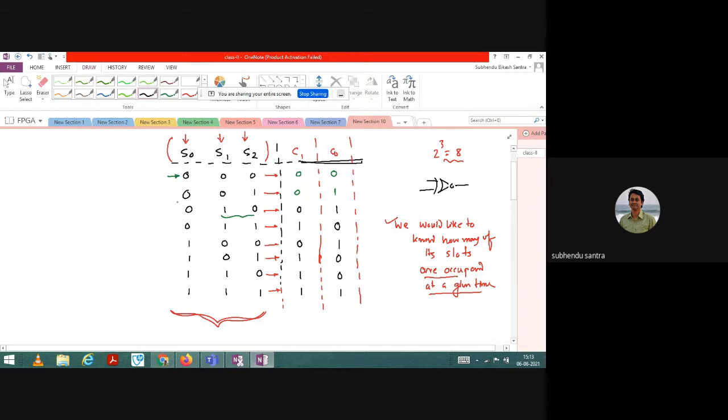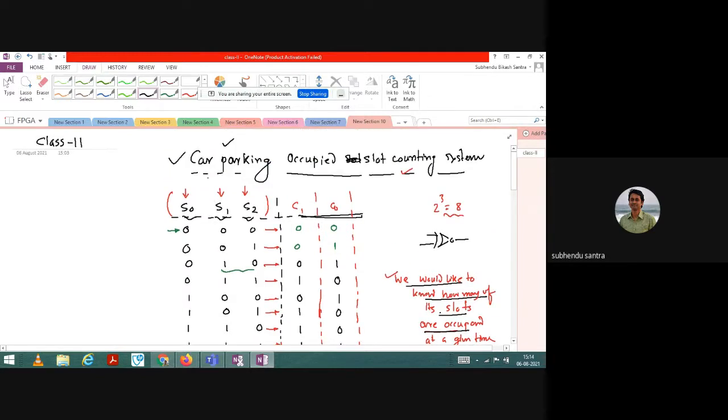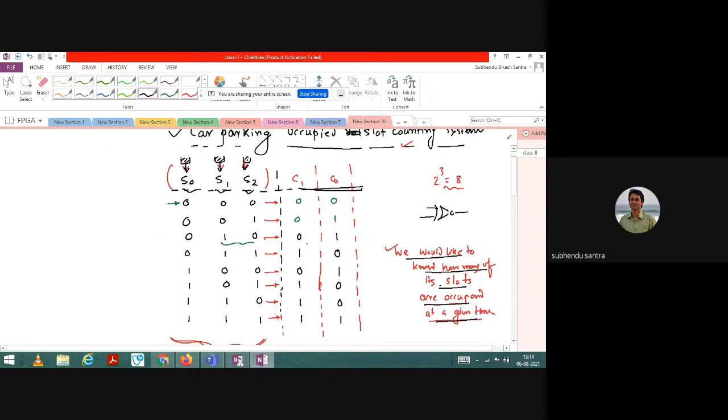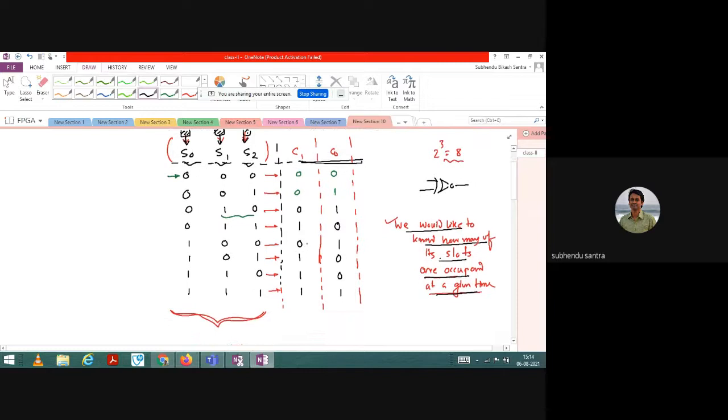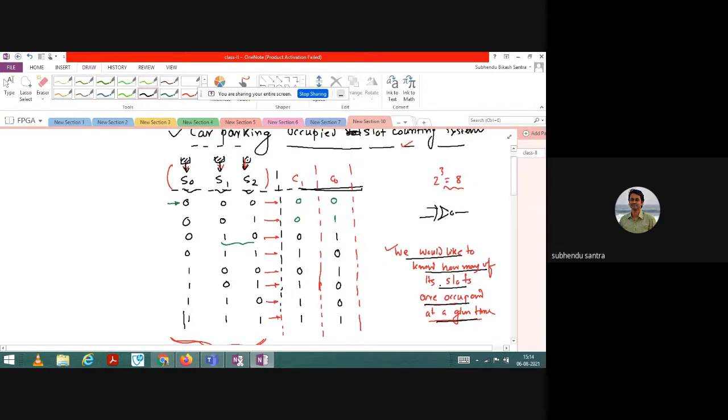So based on what I have to do, we would like to know how many slots are occupied at a given time. If I have considered 3 slots, S1 and S2, and there are sensors involved. Pressure sensors or whatever are giving this signal or indication. Based on that, I need to allot the car, and determine how many cars are there in that particular system. When all three are there, that means it is fully occupied. I can declare that it is fully occupied.